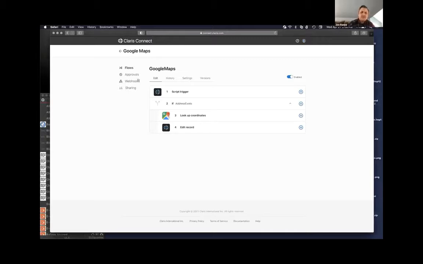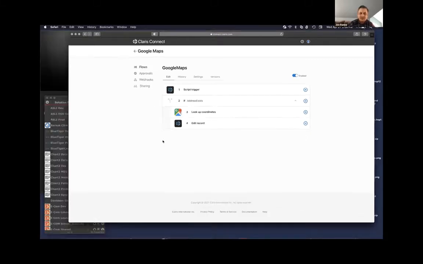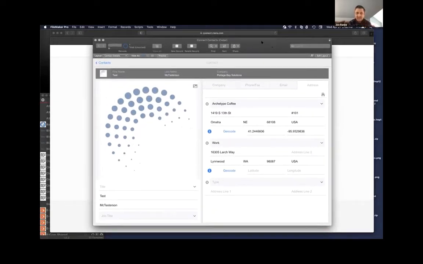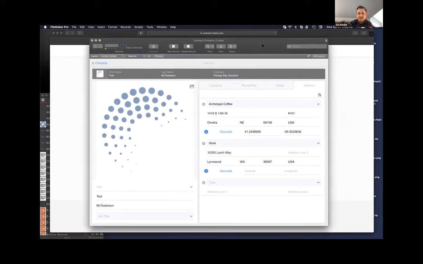Here's the flow that I've come up with. The triggering event is from a FileMaker solution, and all I did was take the standard contacts template that comes packaged with FileMaker 19. I added some specific fields that we're going to be using for the geocoding process from Google, and then we're just doing a flow using Connect. I'll show you the scripting and all that sort of processes that came with the instructions from the flow,